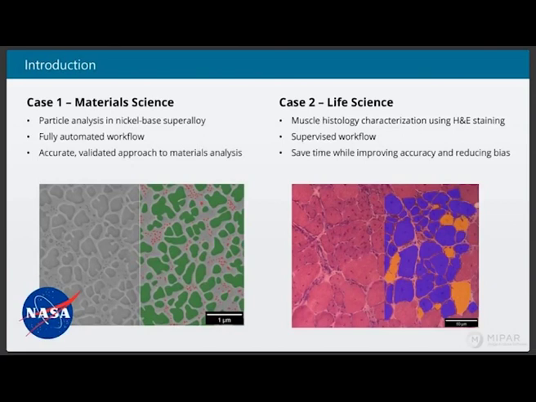This particular case will demonstrate a fully automated workflow that not only addressed many of the challenges that NASA and the entire superalloy community have been facing for almost 6 decades, but it will also demonstrate, for one of the first times, image analysis quantification of this microstructure that was validated by what's known as a phase extraction